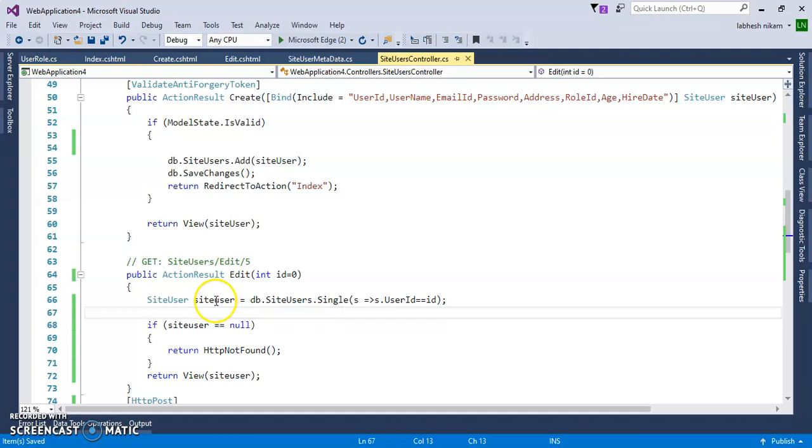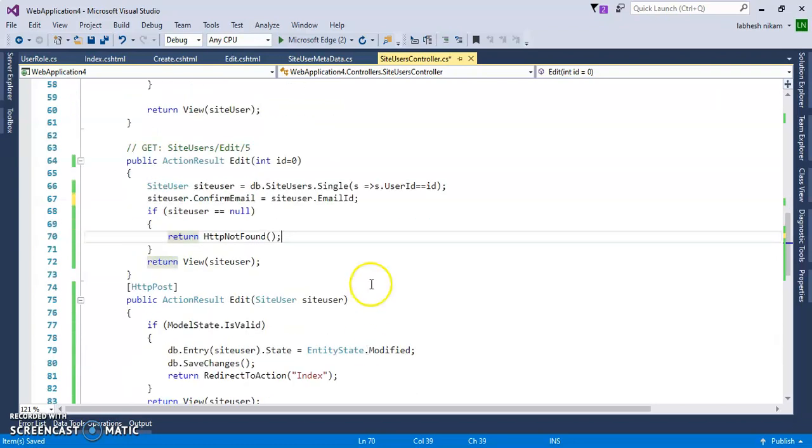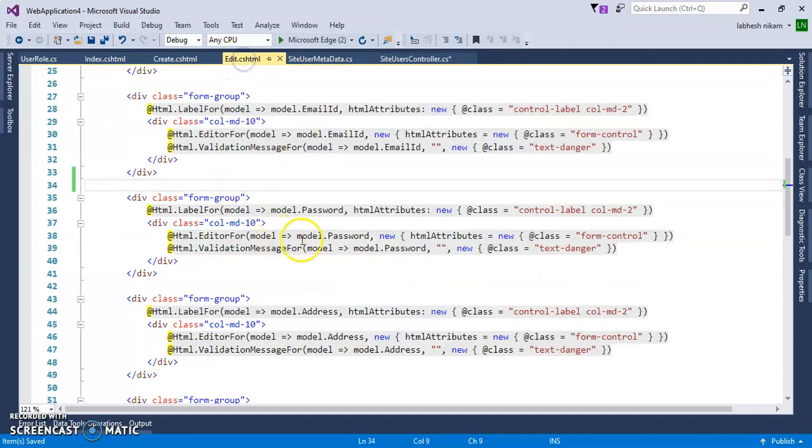The object of the table is site user. So site user dot confirm email equals site user dot email ID. It will compare with this, and if it is okay, then it will edit the value. Now inside this edit view, we will add confirm email after the email property.